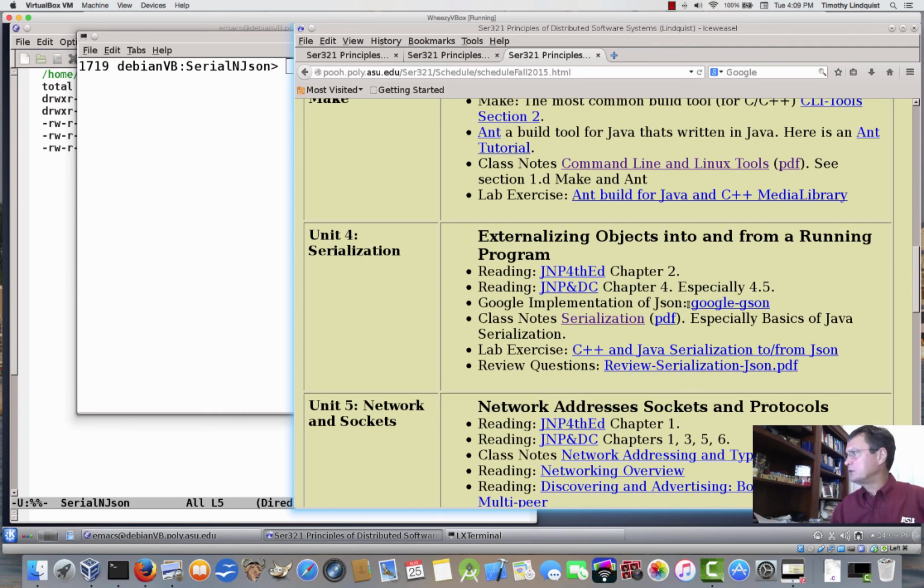We're also going to talk in this section about JSON, which is a common form of... JSON stands for JavaScript Object Notation, and it is a textual format for creating objects, textual for serializing objects. And we're going to look at both C++ and Java use of serialization to and from JSON as well. So the class notes cover all that material, actually cover some other stuff, but especially the basics of Java